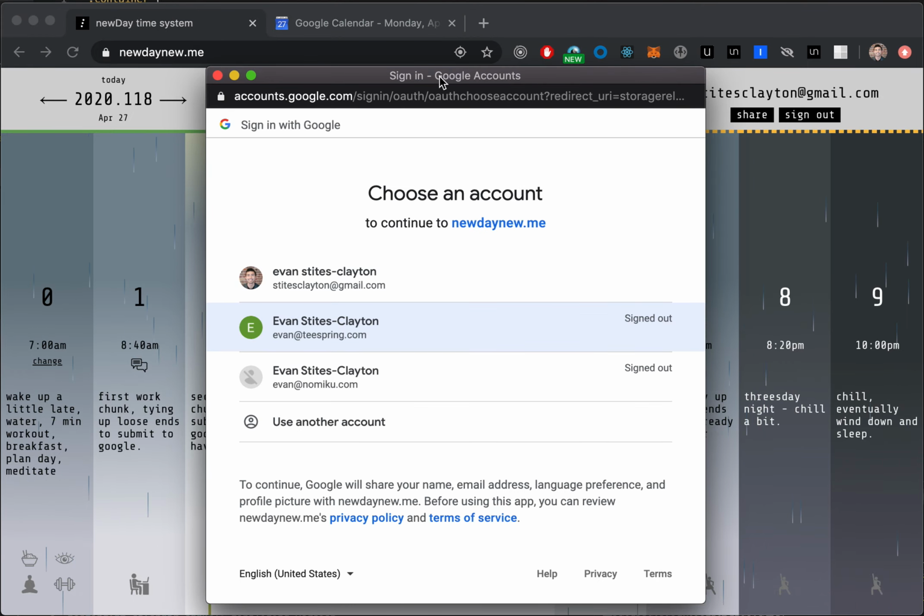So this is the screen. As you can see, it has the correct newDay link. There's a link to the privacy policy, the terms of service. The URL is accurate to my app's ID,